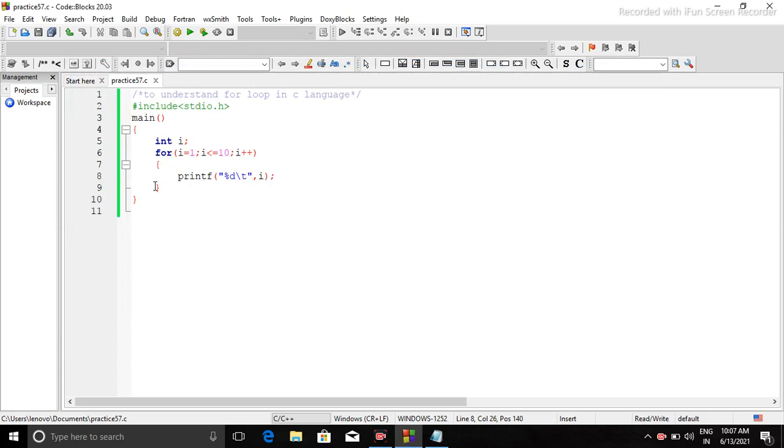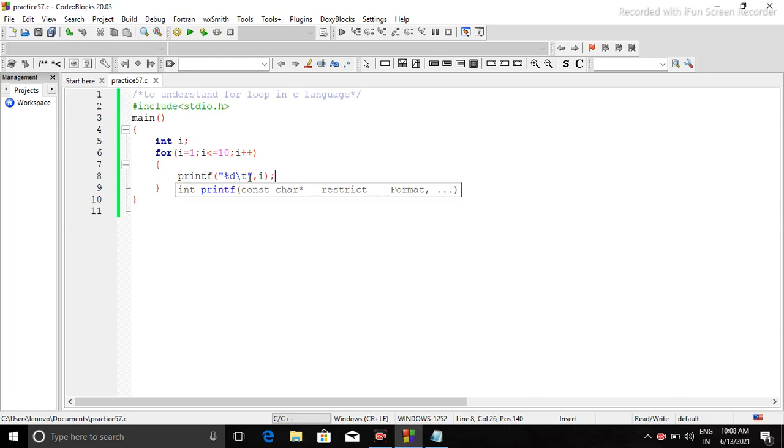So you can clearly see the difference between while loop and for loop. In while loop we first check the condition, and if the condition is true, we enter the body of the while loop, and after executing the statement, at last we modify the variable. But in for loop we first initialize the value, and after initializing we check the condition: I is equal to 1, then we check I less than or equal to 10, that means 1 is less than or equal to 10, condition true, the control of the program comes inside the for loop, and this statement will be printed.